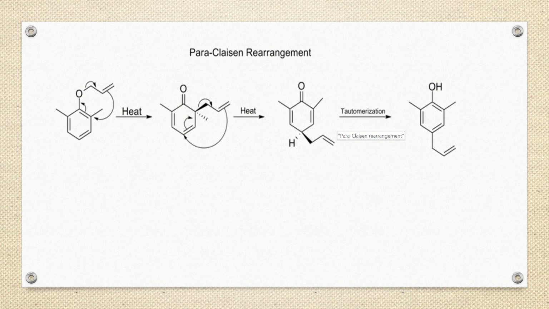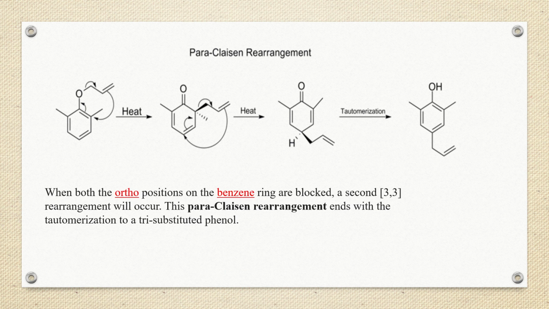Now let us take another example where both the ortho positions are totally blocked. Then how will the reaction get carried out? In this case, when both the ortho positions are blocked, the rearrangement takes place just as in the previous reaction, that is, a 3,3 sigmatropic rearrangement takes place at an ortho position. But since the ortho position already has another substituent, so there's a great